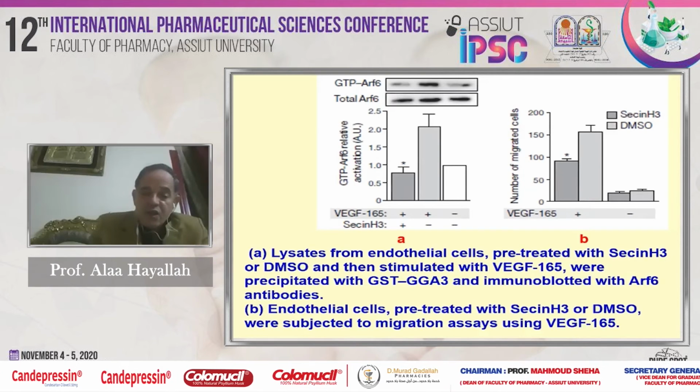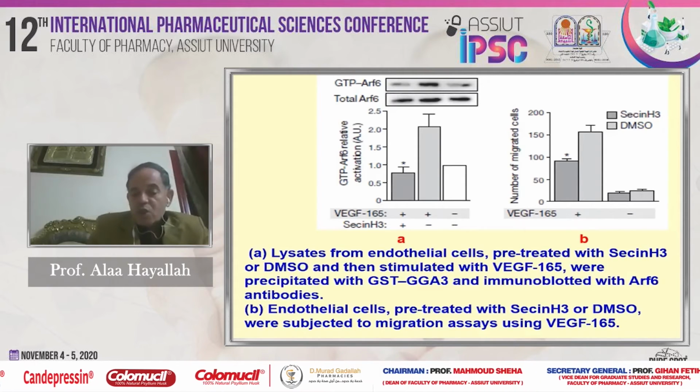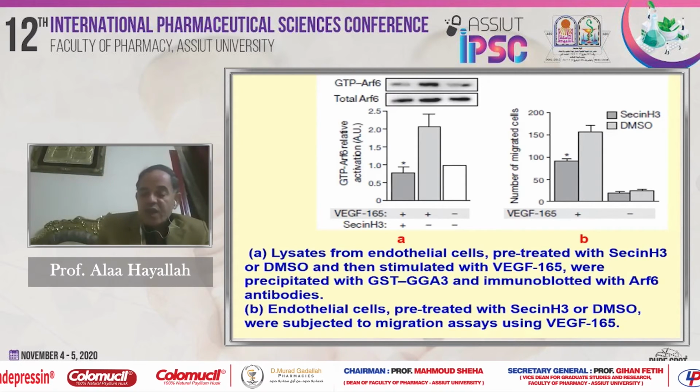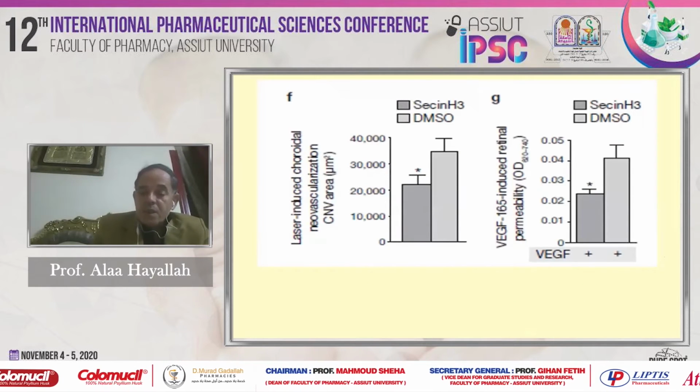In diagram B, endothelial cells pre-treated with SecinH3 or DMSO were subjected to migration assay using VEGF165. And also, we confirmed this